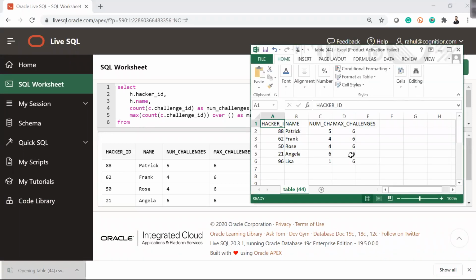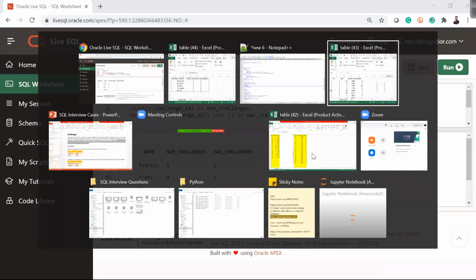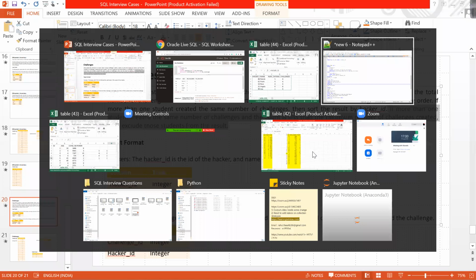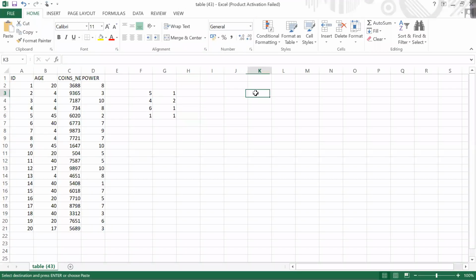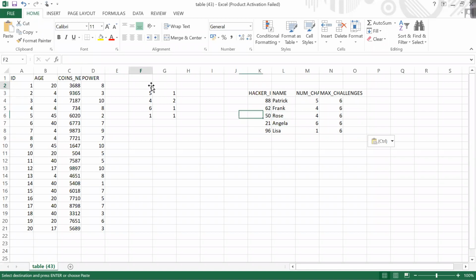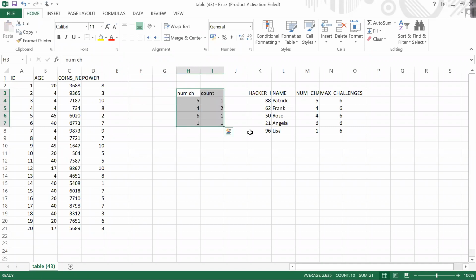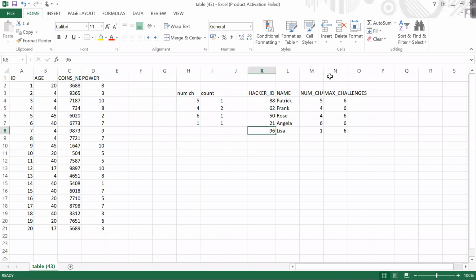So this is my main table, temp table, and this is my num challenge and the count. Now I'm joining this table with this table.